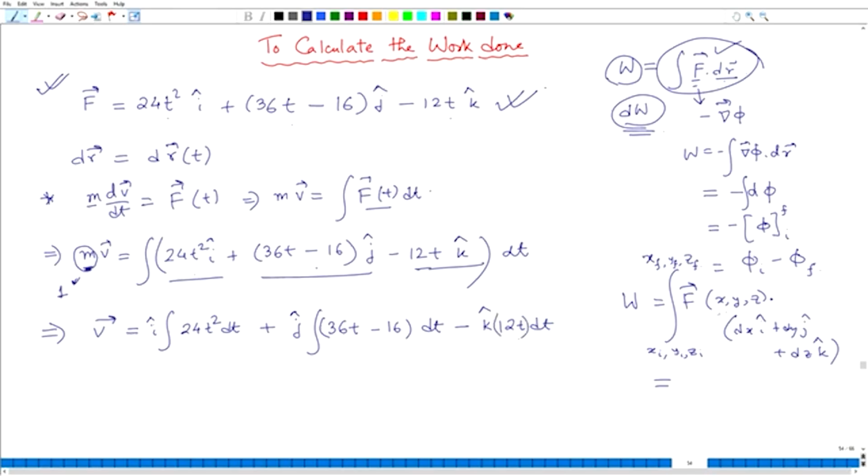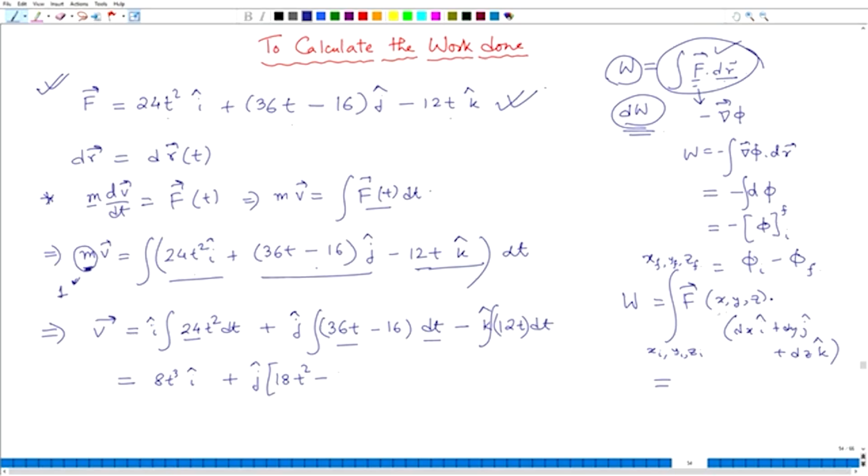Okay. So, integration of course. If you do the calculations correctly, you will see here you will have 24 times t cube by 3. So, it will finally give you 8t³ î plus this first term will give you 36 times t square by 2, which will be 18t². So, ĵ times 18t² minus